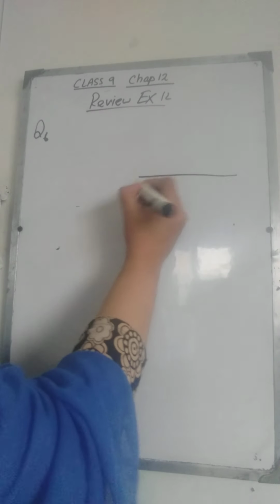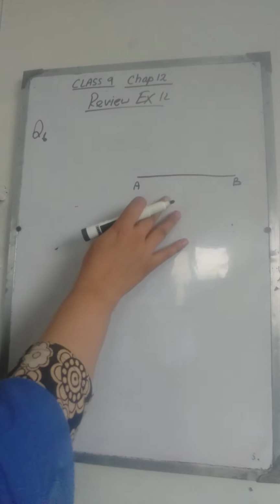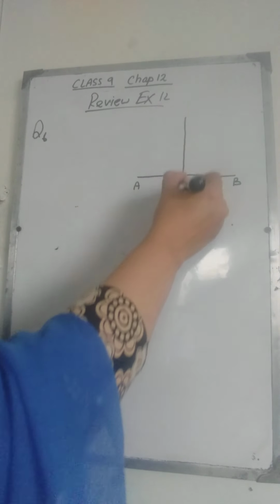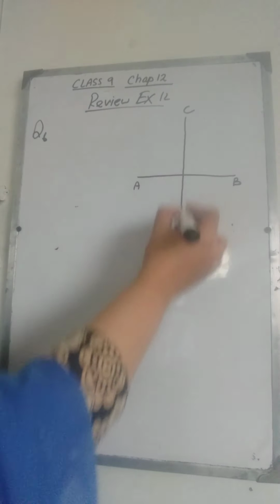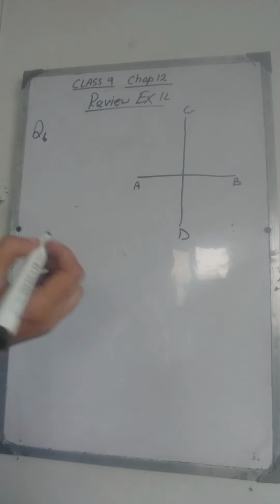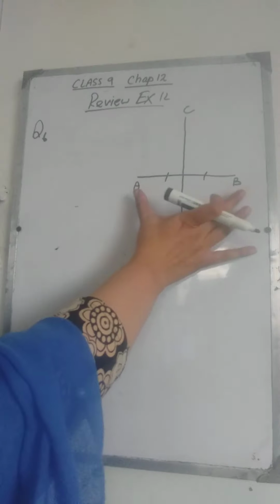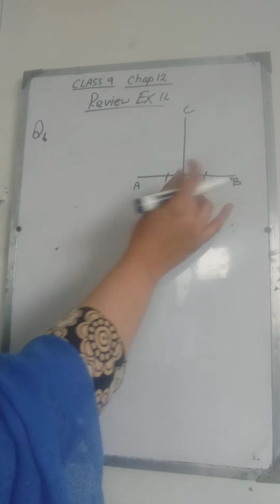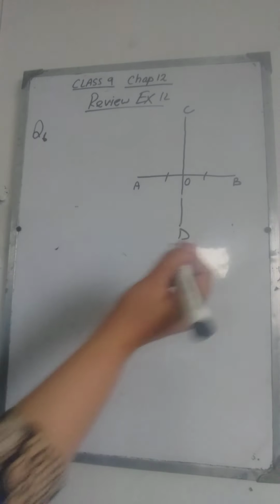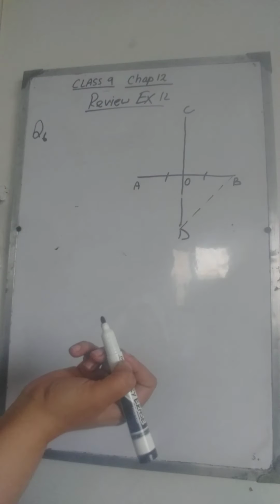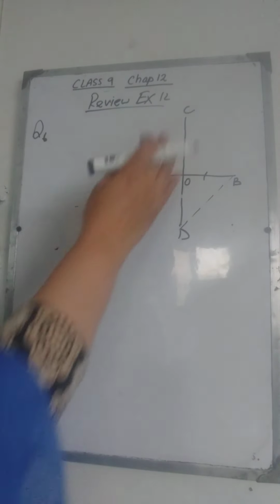Okay, you have the line segment AB and CD. This is CD, which is the line bisector of the line AB. Line bisector means it is dividing this line into two equal halves. So if I take this point as O, then OA will be congruent to OB. And what else are they saying? They have drawn this line BD. Now CD is the right bisector of this line.